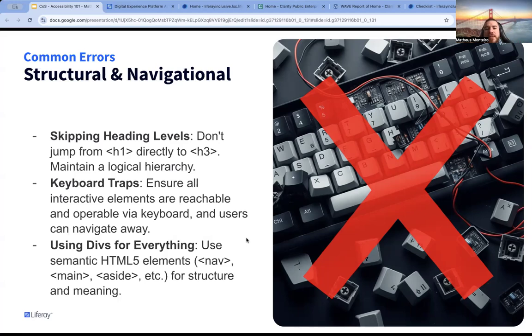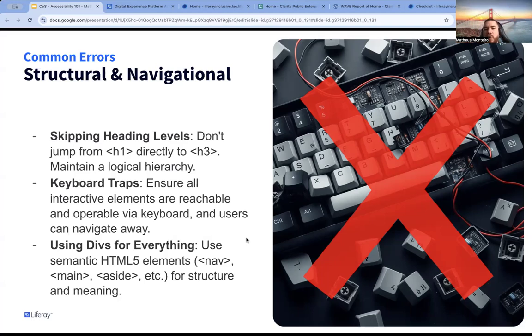So we should put this order, you should mean this hierarchy of tags whenever we need to use them. Keyboard traps. We need to ensure that our site and our application is navigable by using the tab, by enabling, disabling, by using the space, the return button in the keyboard. And it is not only about getting there, but getting out of the part of the site that you are